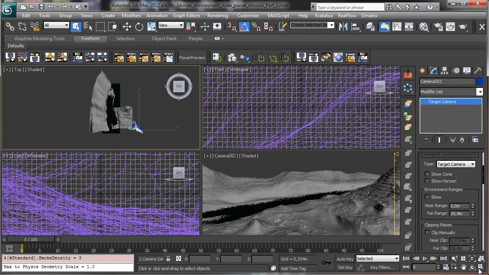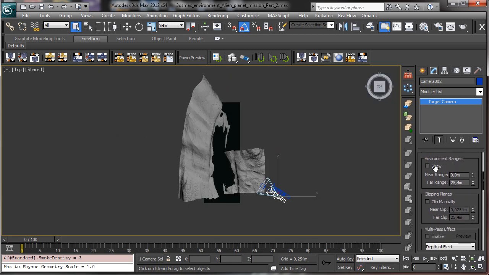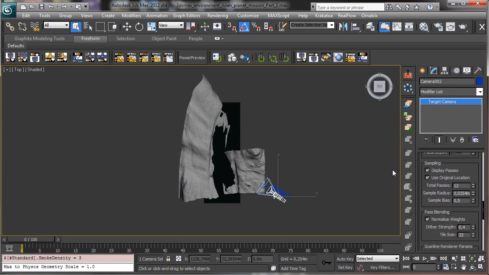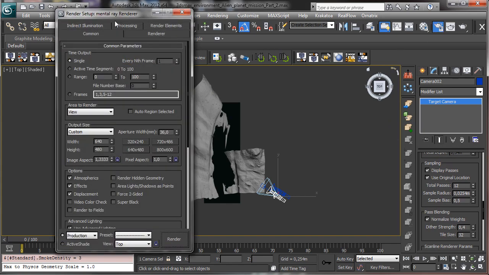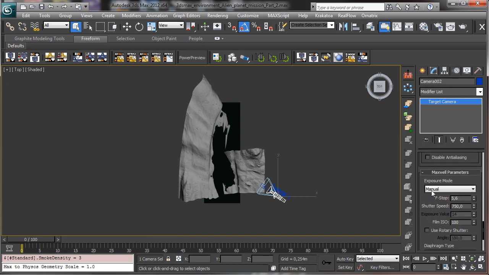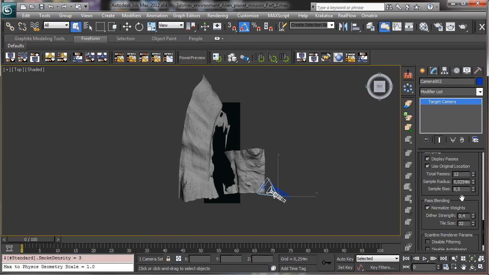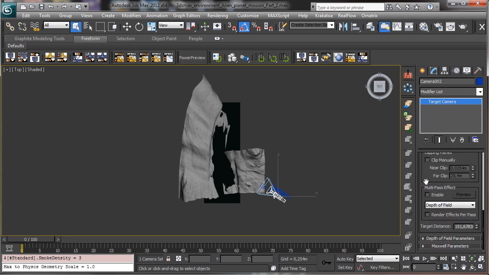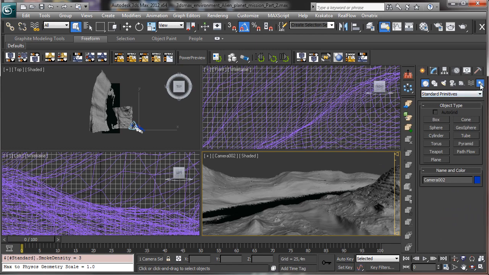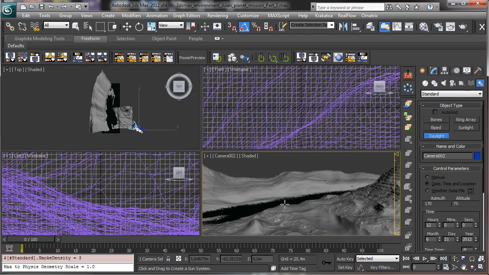Okay, and I like to check the distance there. We have 800. So let's set mental ray as rendering engine. It is set. Let's close the other stuff there. Okay, then let's start to have a basic lighting inside the scene, and we can use a daylight,